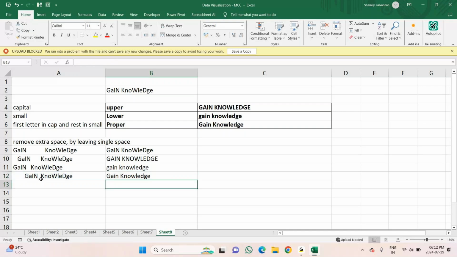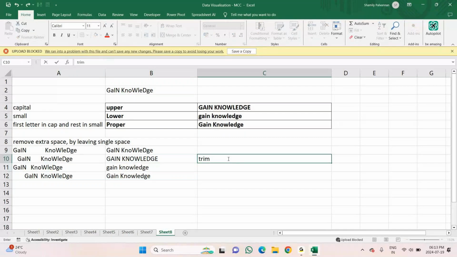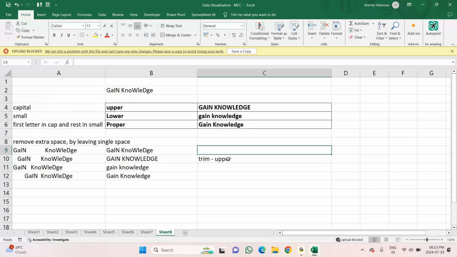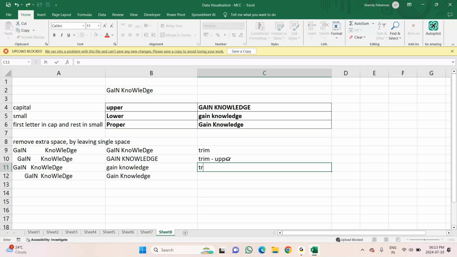So in the first one, I used only trim to reduce the space. In the second, trim and upper. In the third, trim and lower. And in the last one, trim with the proper function.